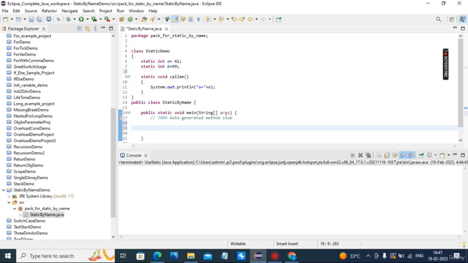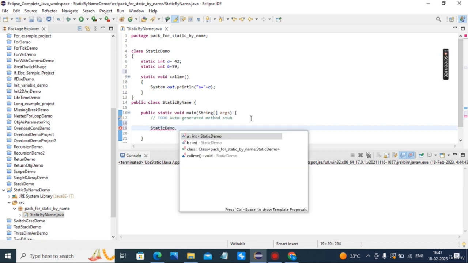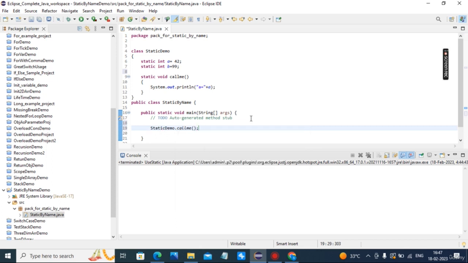Now, static demo dot class name dot method name and class name dot variable name. b is equal to plus static demo dot b.